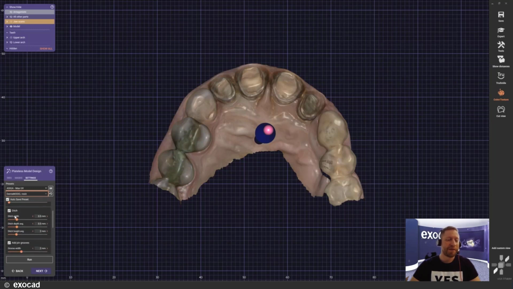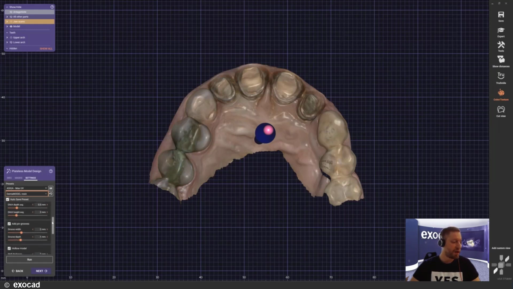The ditch in this matter means the gap of the cutout die around the gingiva. That's something you can familiarize yourself with, except for the add pin grooves, for example. So you can determine on the base how far, how deep the groove for the pin should be. And if you want to actually mill the model, and that's your preferred way, then you can also implement a milling anticipation down here in the settings.